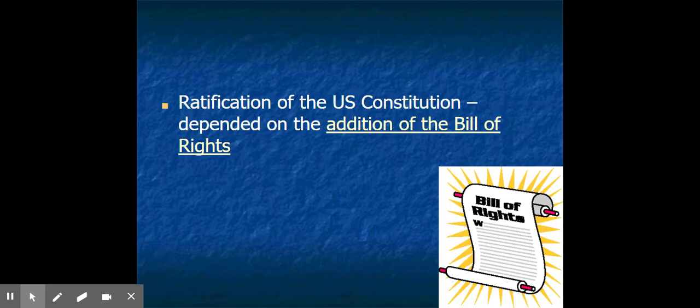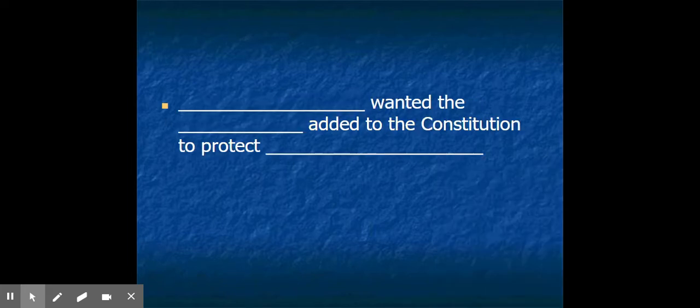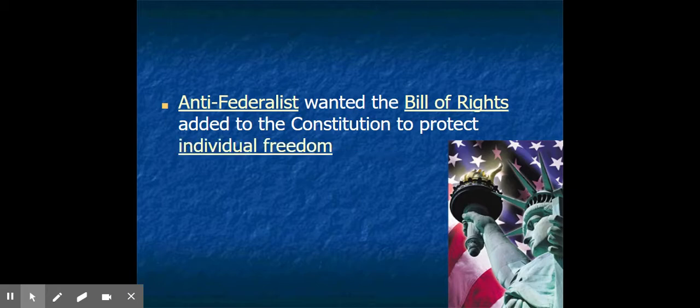Now, the reason the Anti-Federalists wanted a Bill of Rights is they wanted to protect individual freedom. They wanted a guarantee for protection of individual freedom. Okay. Now, again, it's not like the Federalists were opposed to a Bill of Rights or they were opposed to protecting individual freedom. The Federalists just argued, look, your individual rights, your individual freedoms are protected already in state constitutions,